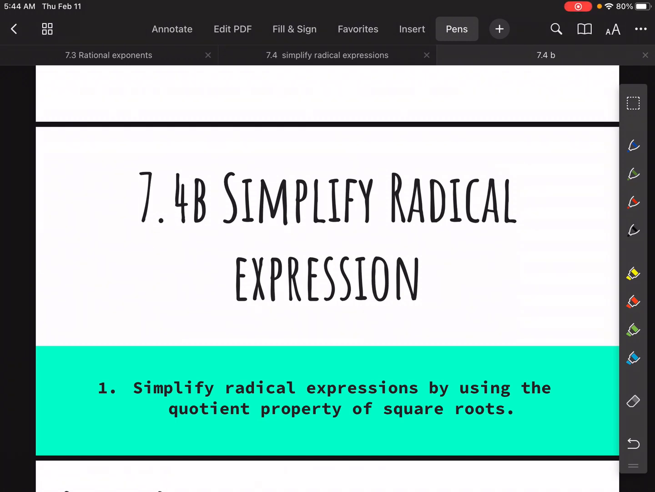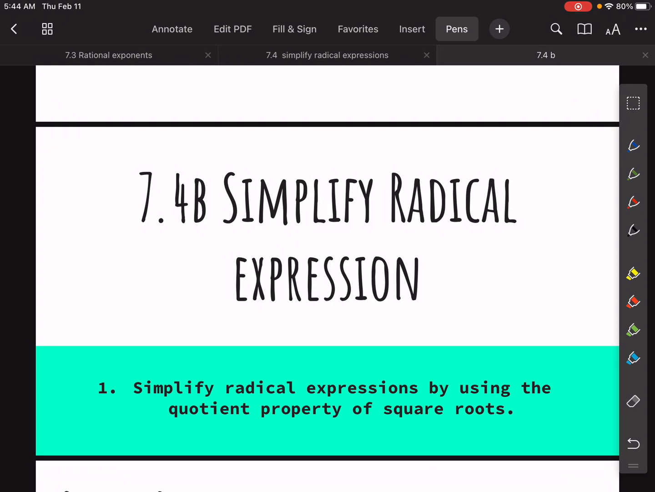All right, guys, we're going to continue on lesson 7.4 here with part B, simplifying radical expressions. Today we're going to focus on simplifying radical expressions by using the quotient property of square roots. So we're going to get into some division with radicals. Yesterday we really focused on multiplication. Today we're going to focus on some division, and then we're also going to focus on some